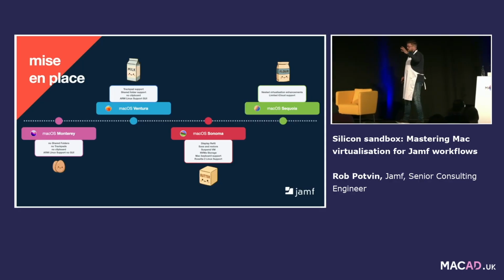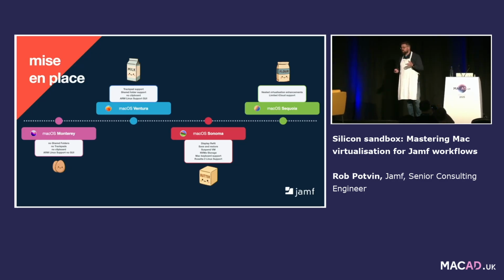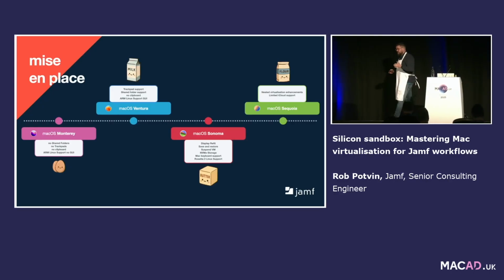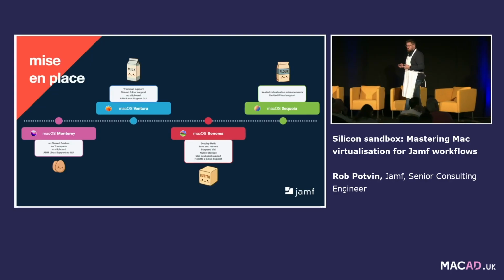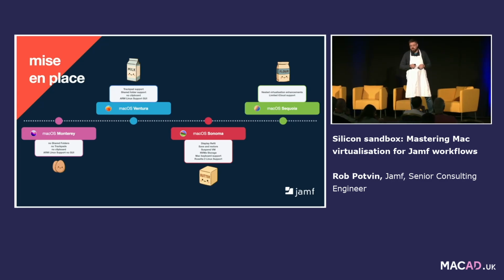Then we got to Ventura. That was kind of the first one that was pretty manageable, right? You still had a few things that didn't work, no clipboard, for example, but it had Linux GUI support, and again, speed was fast. I think the best update, though, was macOS Sonoma. We had display refit, so you can move the window around and it would get bigger. You had shared folders, you had proper keyboard support, and what I mean by proper keyboard support is that it actually recognized a Mac keyboard, but it didn't recognize the language. So you still have to tell it the language of the keyboard in there.